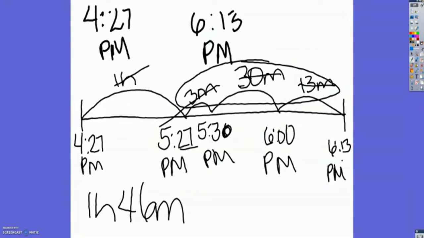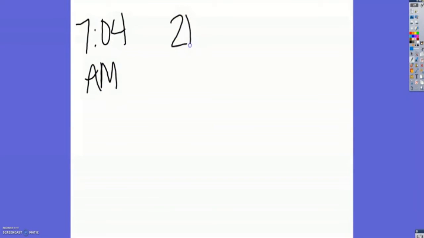So that's one type of problem that you'll see when we encounter elapsed time. The next type of problem is when we know the time that an event starts and we know how long it lasts, and we're looking for what time it ended. So it could be that somebody ran a half marathon and it started at 7:04 a.m. and it took them 2 hours and 29 minutes to run the half marathon,